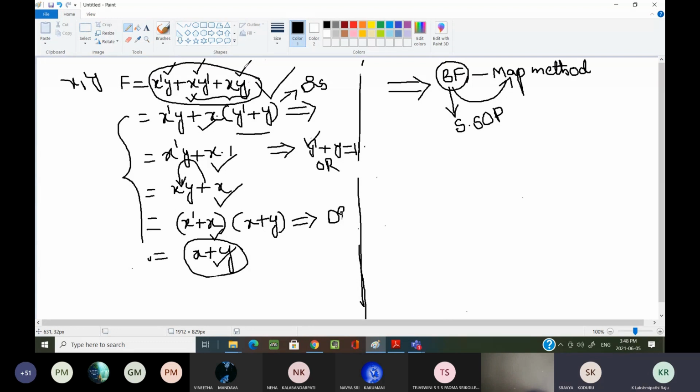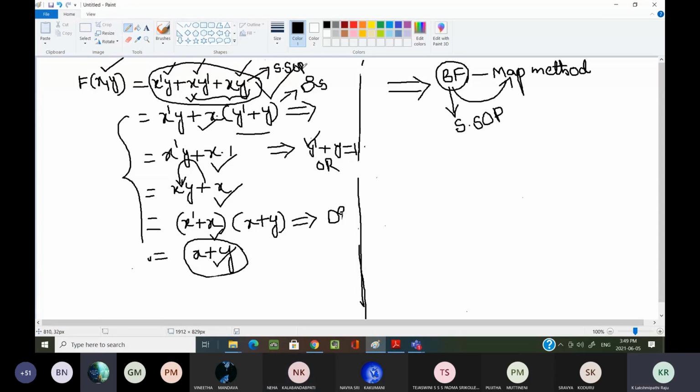Yes, sir. Here I have not mentioned the variables in this expression. Generally, they mention the function as f of x comma y. Why do they mention it in this manner? So you can clearly understand the expression contains two variables. Now see, every term contains two literals or two variables. Can I consider this a standard SOP or not?